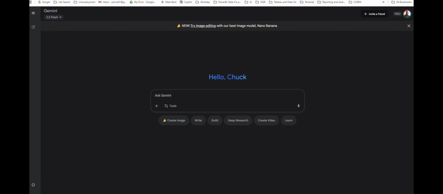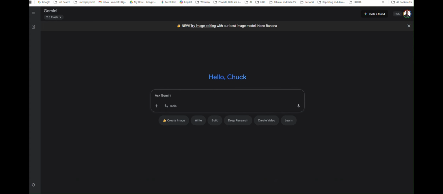Hey folks, so as I mentioned in my post, in this video we're going to show you how you can use Google's Gemini to get some of the data that's available to you. Here we're going to use unemployment rates by state, and then we're going to get fancy and turn it into an interactive tool that we can use to do some high level